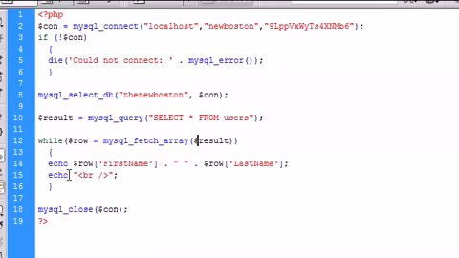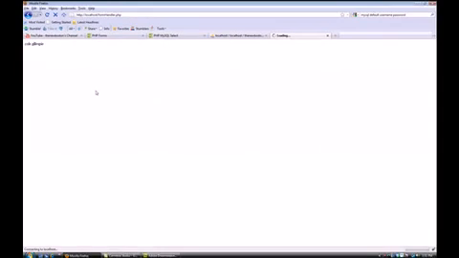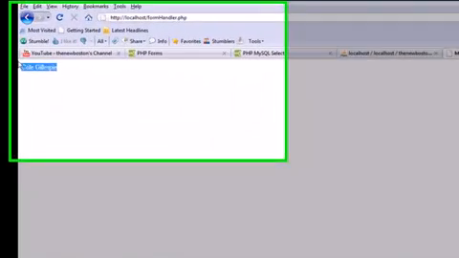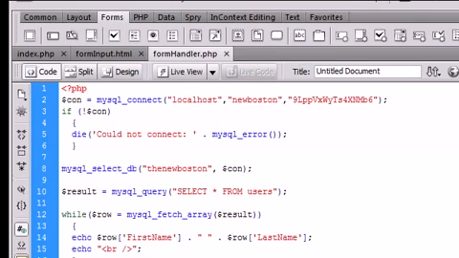And for now there's only one, which is the one we just created. So I'm going to run this, and you guys can see that we now have a way to display the data inside of our MySQL database,